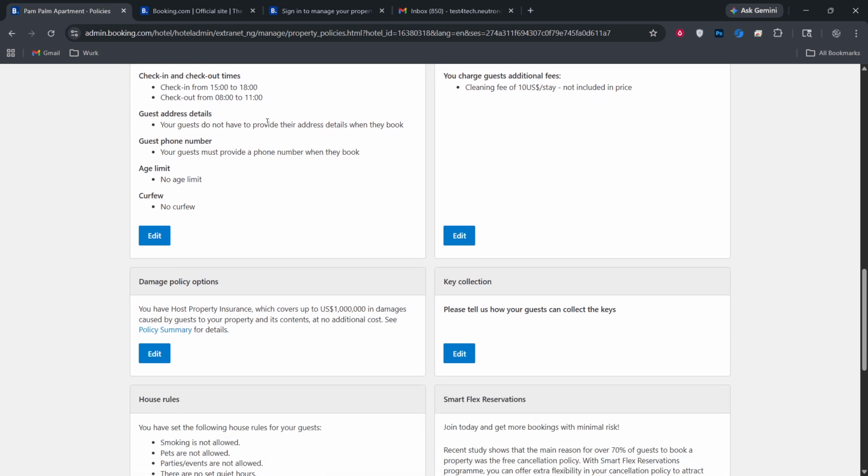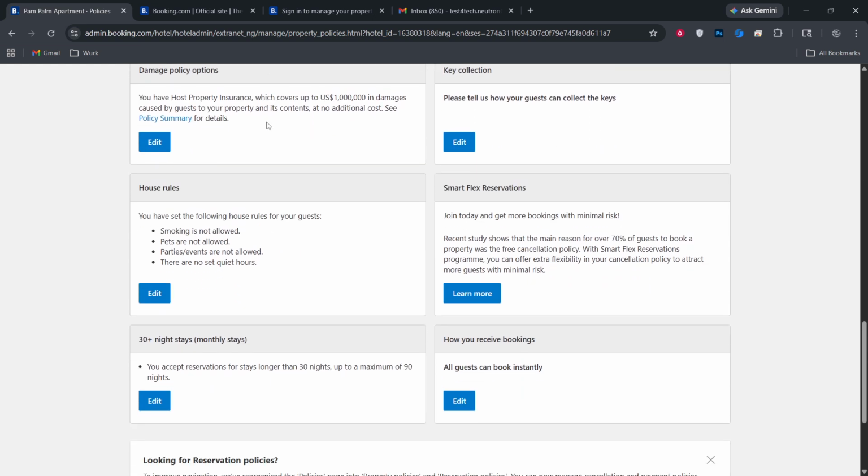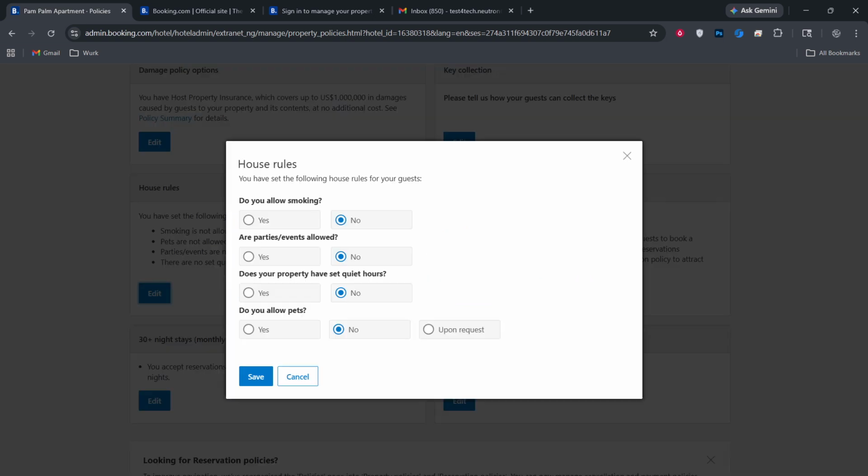Select Pets Allowed. This tells guests your place is pet-friendly and unlocks options for whether there's a charge. Right below that, choose Charges May Apply. Selecting this makes it clear that pets are welcome, but not for free, and it enables the fee setup so the cost is shown to guests up front.